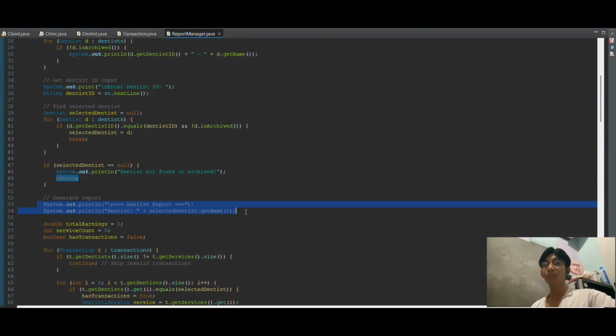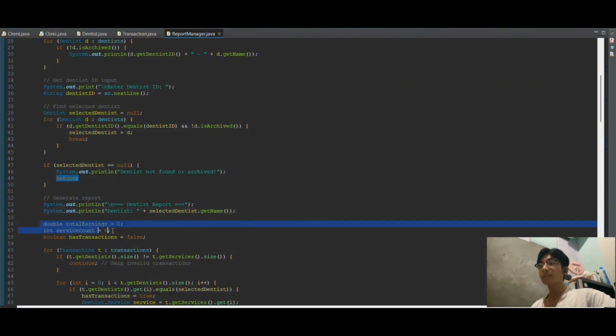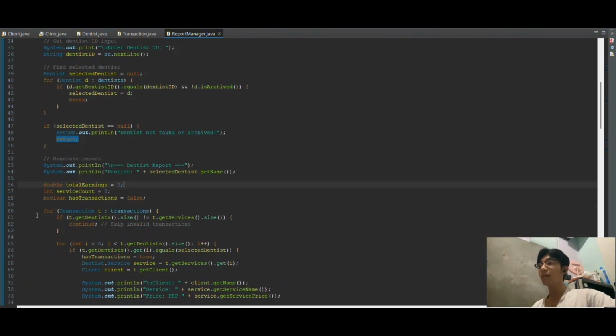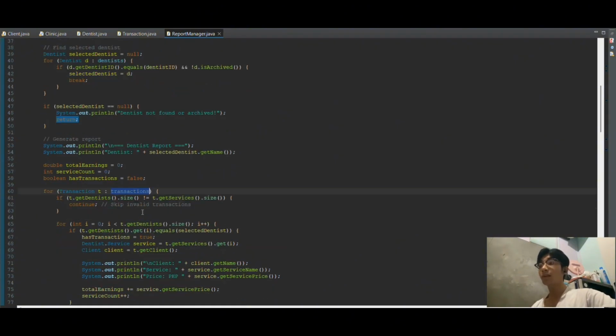It will print the dentist report. And after that, we initialize some variables which are total earnings, service count, has transactions. So these variables are used for tracking the financial data. After that, we have a for loop to process all the transactions to find those involving this dentist.